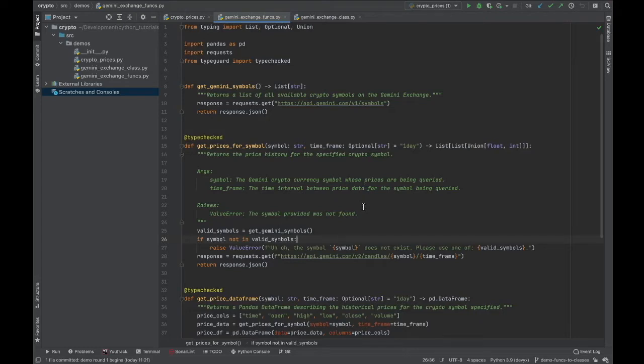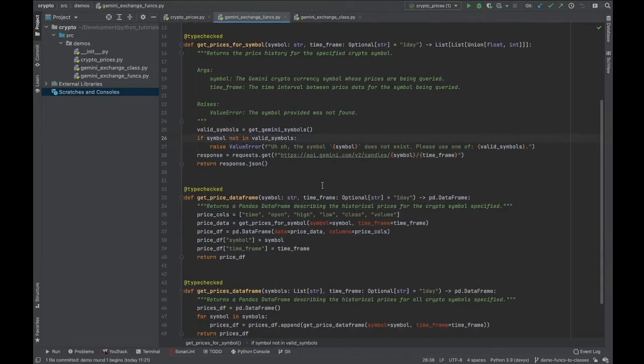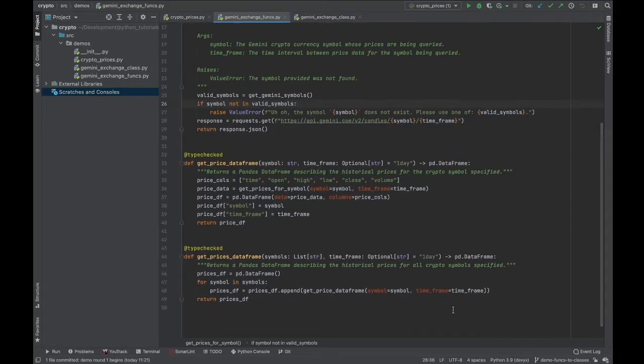And in this case, one of these code smells is, all right, I see I'm using all these functions independently. So they don't really share any context between them, but in doing so, they kind of reinvent the wheel. So like this function down here, which is the one that we actually use at the end of the day to go grab all of the prices that we want and stuff them into a Pandas DataFrame,